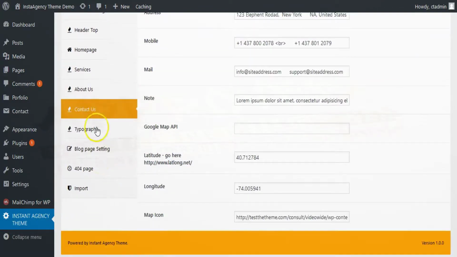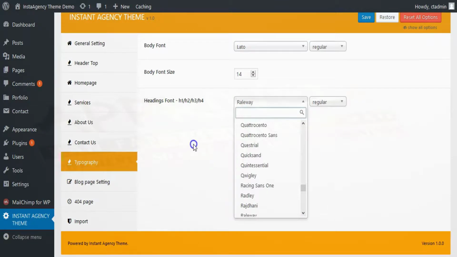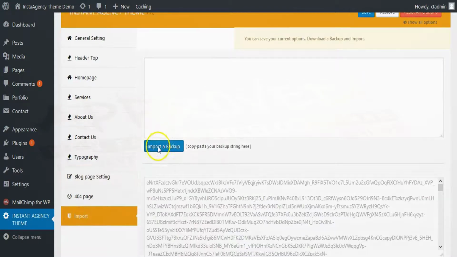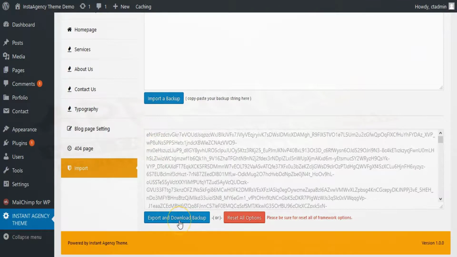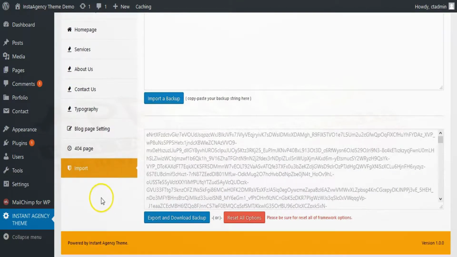There's some information to update on the contact page. You can change the text throughout the site, the size, the headers, the font, and so forth. You can choose whether or not you want full sidebar, full width, no sidebar. You can change your 404 page, and then you can always back up and then install, upload again. So if you want to upload this to a different site or whatever the case is, where you have the same theme installed. Okay,